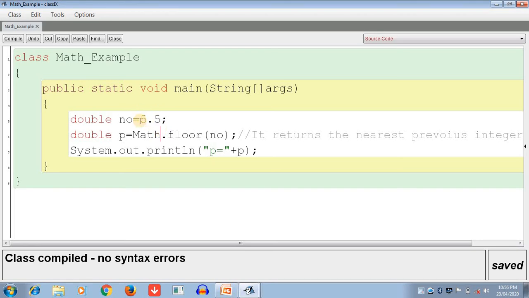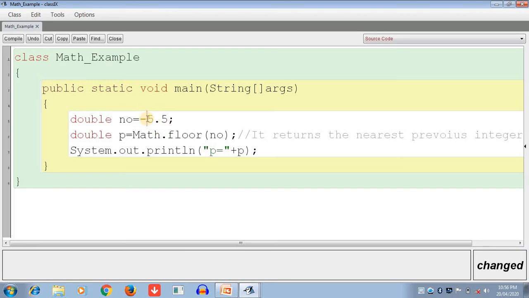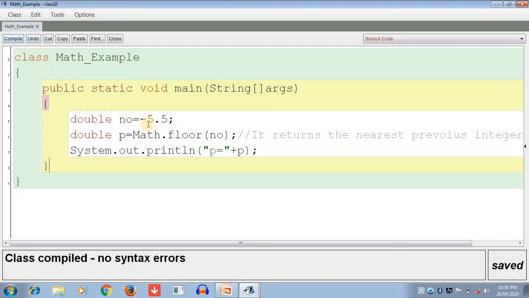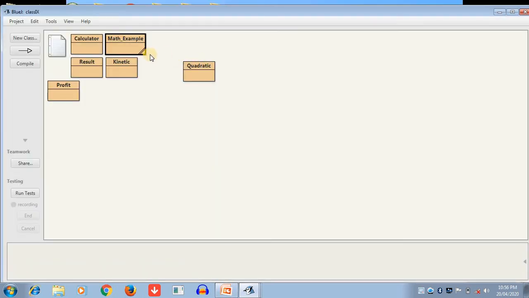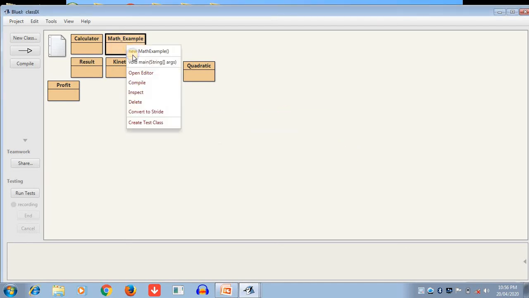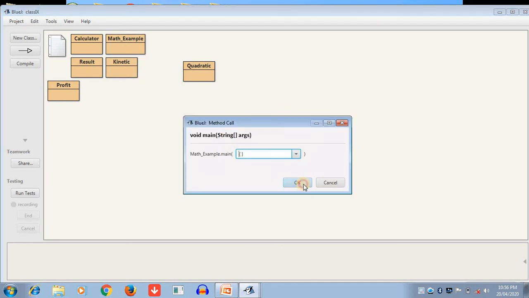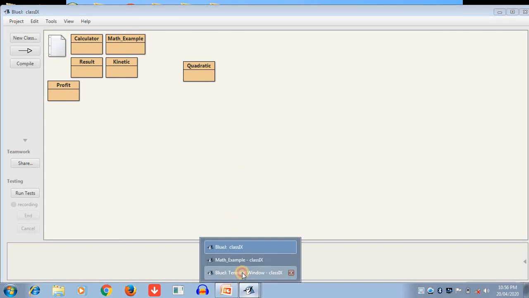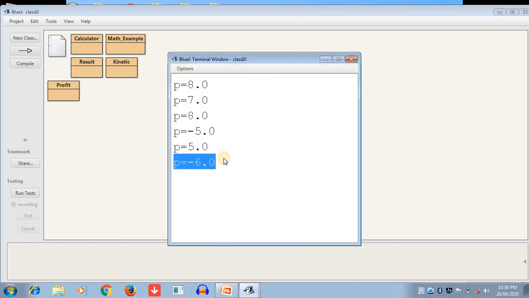Now here we put the minus. What is the previous value? It will be minus 6.0, the output of the following code. Write the main function. Okay, minus 6.0. This is a very important function, ceil or floor.